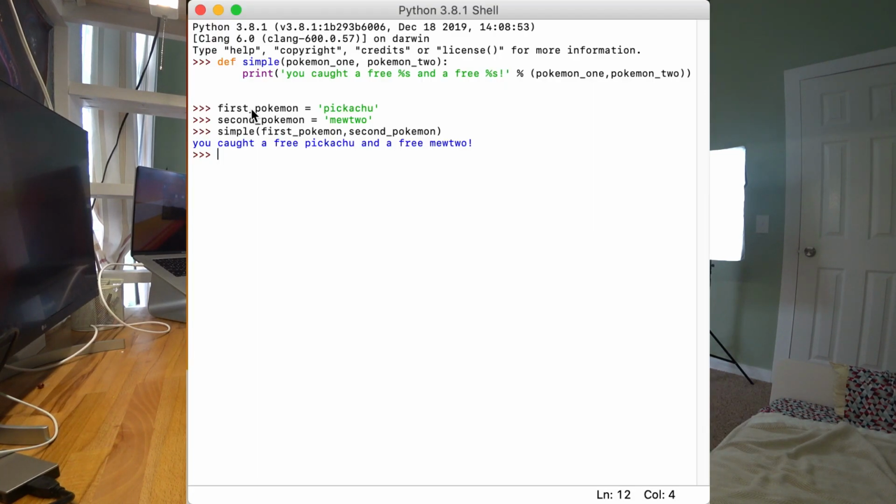A function can also be used to return a value, like how many Pokemon you have. def number_of_pokemons(number_of_pikachus, number_of_mewtwos, number_of_charizards):